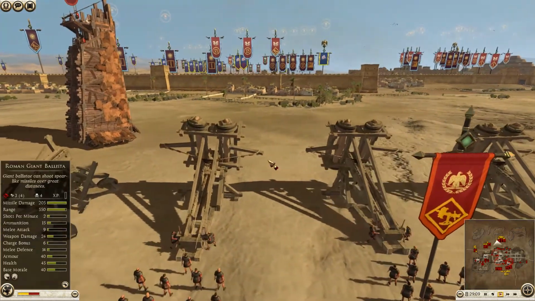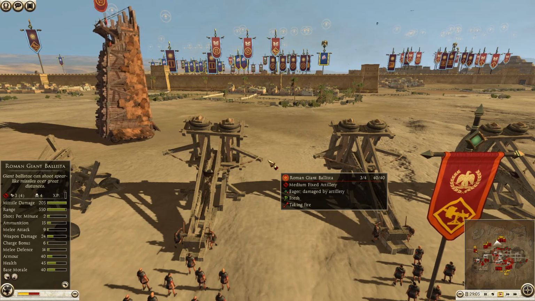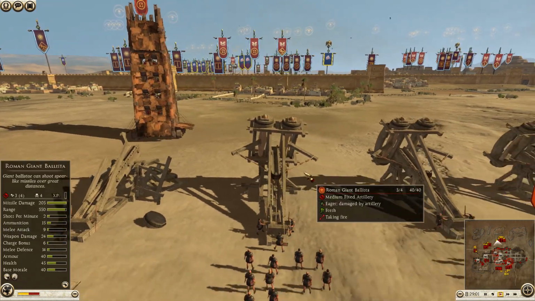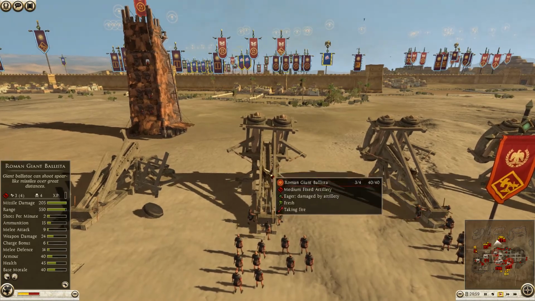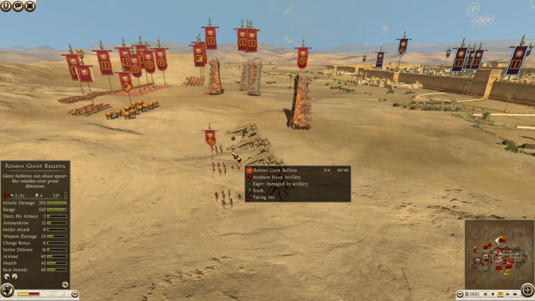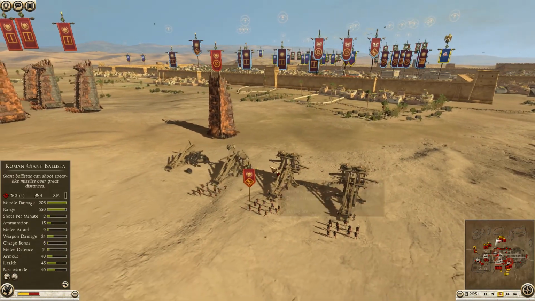He is firing into this giant ballista. He's using regular shot, it appears. Definitely should be using flaming shot. It'll get rid of these artillery pieces a lot quicker. The Roman player might have used this artillery as a distraction for the defending wall already, because it's a cheap